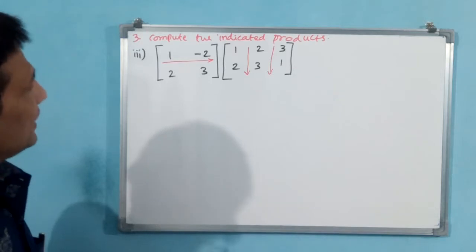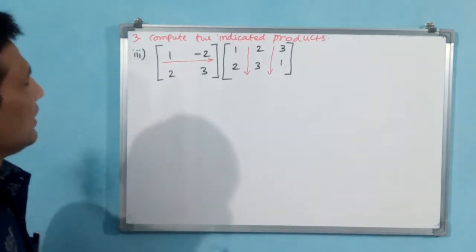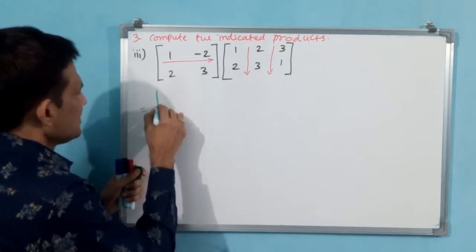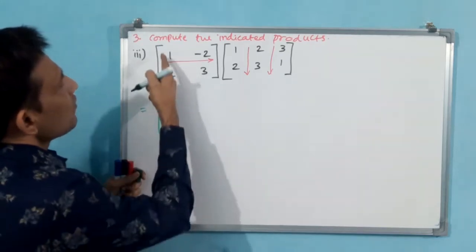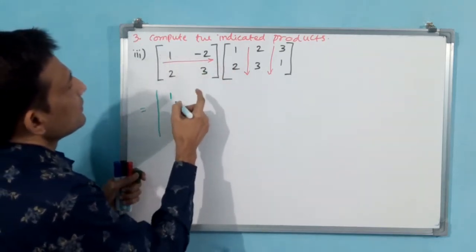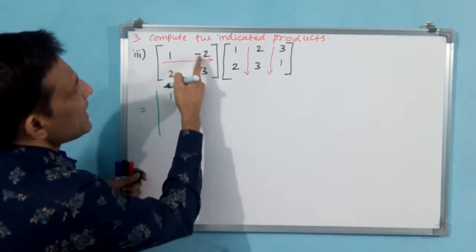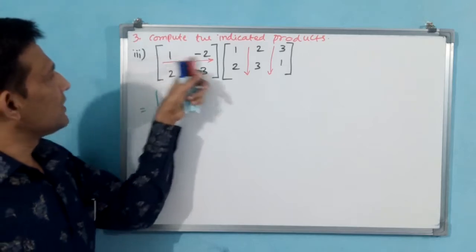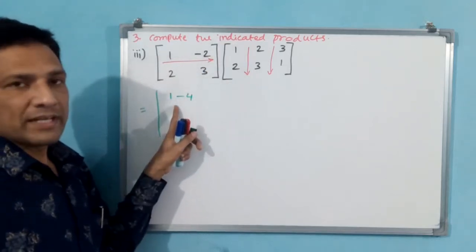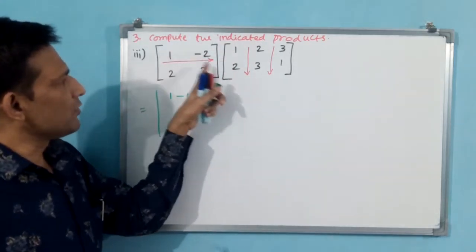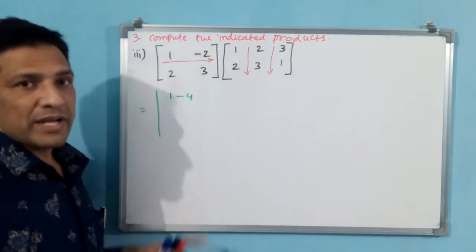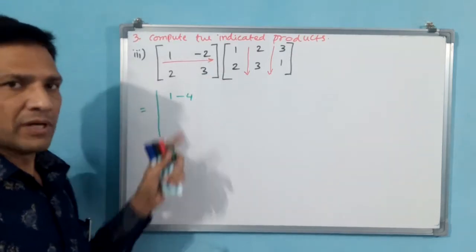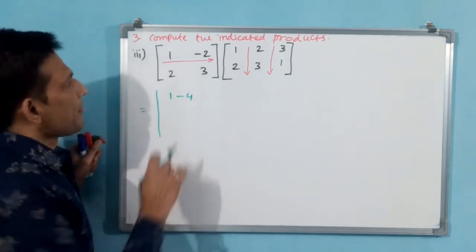Now, let us do the multiplication and put these numbers. Now 1 into 1, 1. Minus 2 into 2, minus 4. Directly I have written. You see, first row, first column, all you have to write here. 1 minus 4. Why minus 4? Minus 2 into minus 2, minus 4. Plus minus 4 means minus 4 only. That is directly I have written 1 minus 4. You have to pick up some speed.